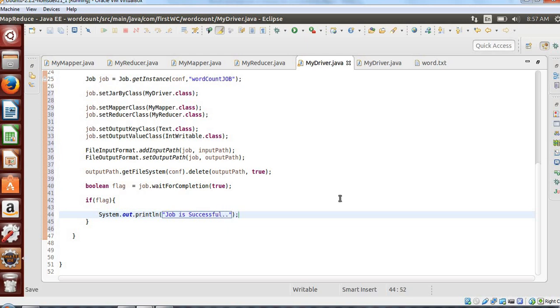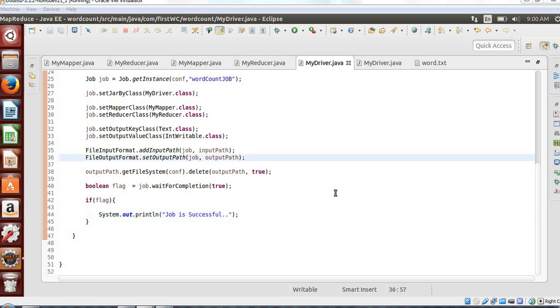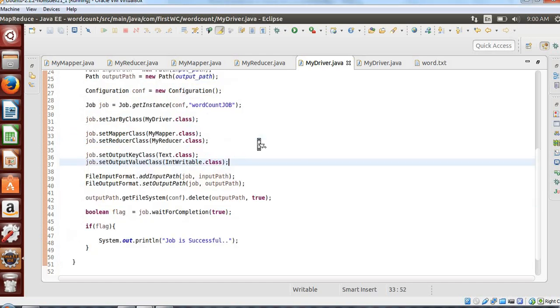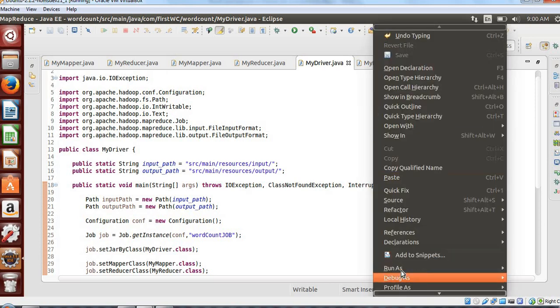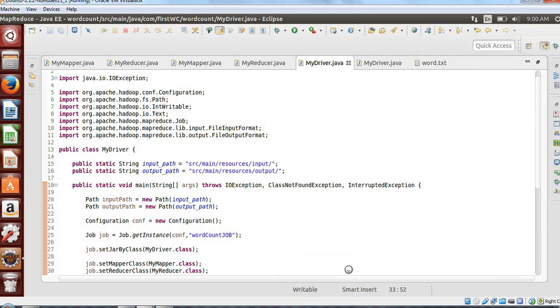Okay, now we'll execute our code. We'll go to the main method and choose Run As Java Application.